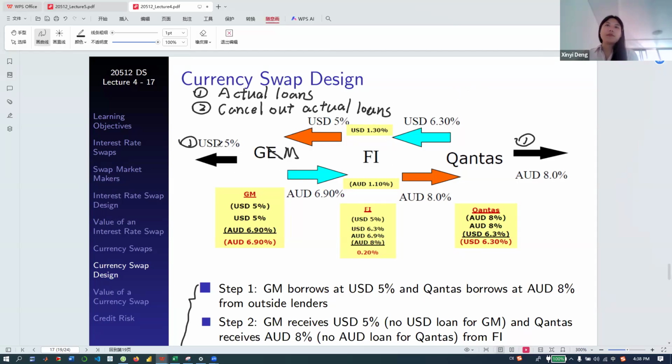So basically, since GM is paying out 5% for the USD principal to the financial institution, GM is going to receive that 5% back again for the USD principal. So this arrow here is one of the second steps. And also we have to cancel out